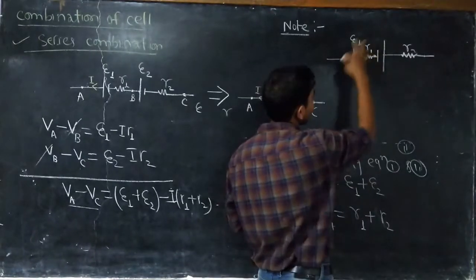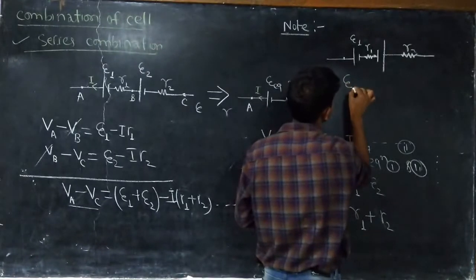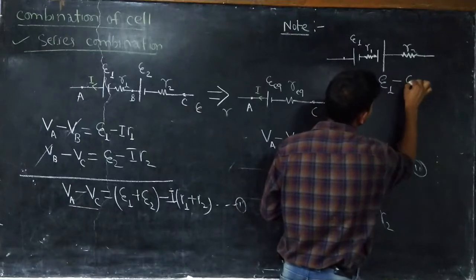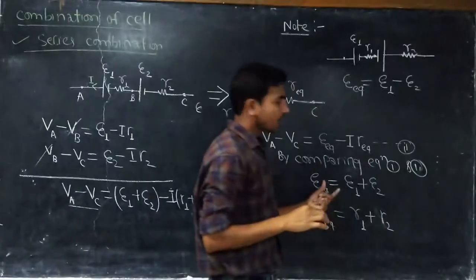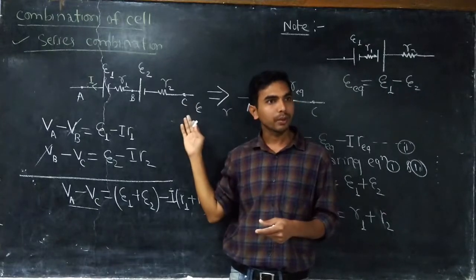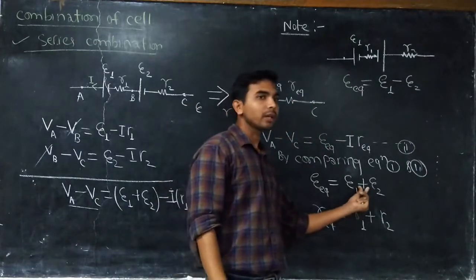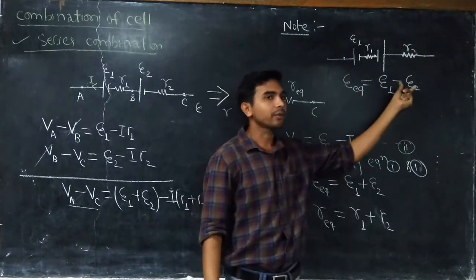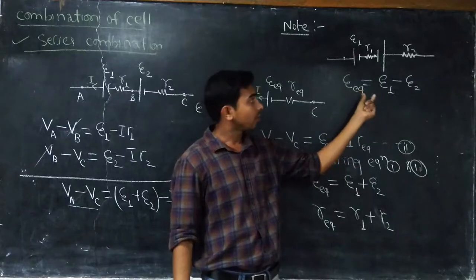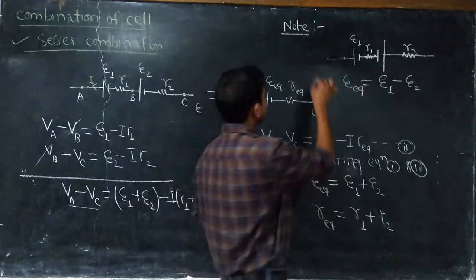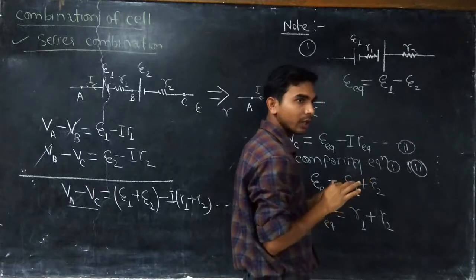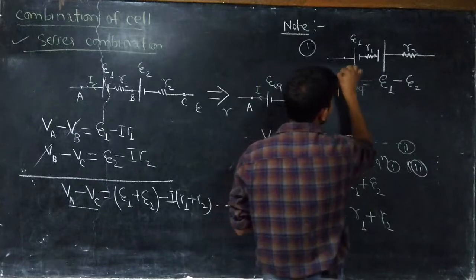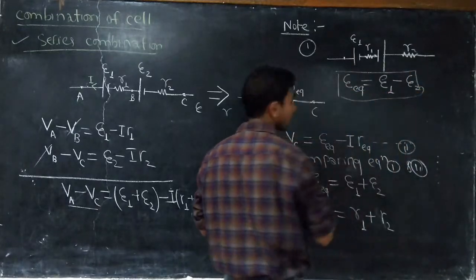In this type of condition, if you are going to calculate the equivalent, then for E1 you have to choose a minus sign. If negative is connected with positive, then we use a plus sign in between. But if the condition is different like this, then you will use just a minus sign in between, and that will be your equivalent. No doubt this point is clear to you, right? If we connect negative to negative, then we will use this one to calculate the equivalent.